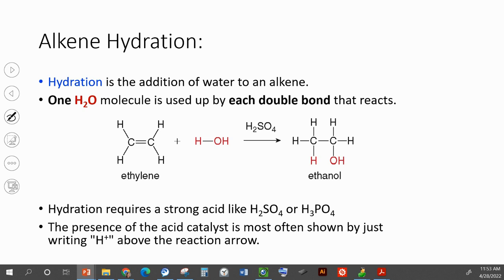So this example is ethylene. We've got a double bond. One of the carbons in the double bond gets hydrogen, one gets oxygen or hydroxide. So this is a pretty simple molecule. It doesn't matter which carbon the hydrogen gets on or which carbon the hydroxide adds to. So the next slide we're going to talk about, it does matter